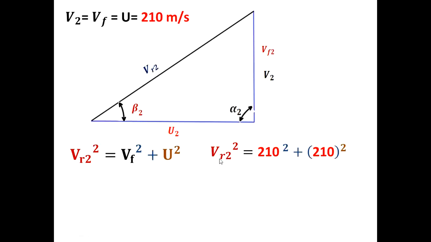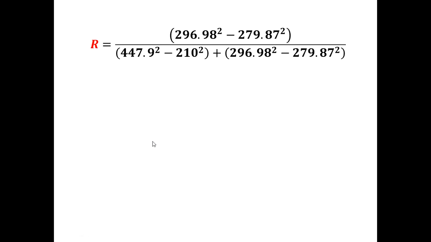Therefore you note down this equation. Vf square plus U square is equal to VR2 square plus this one. Vf is the same, U also the same. VR2 is equal to this much. You will get the degree of reaction, put in that equation. V1 you have, V2 you have, VR1 and VR2 values you put in that equation. Degree of reaction is equal to 0.593, you got. Thank you.